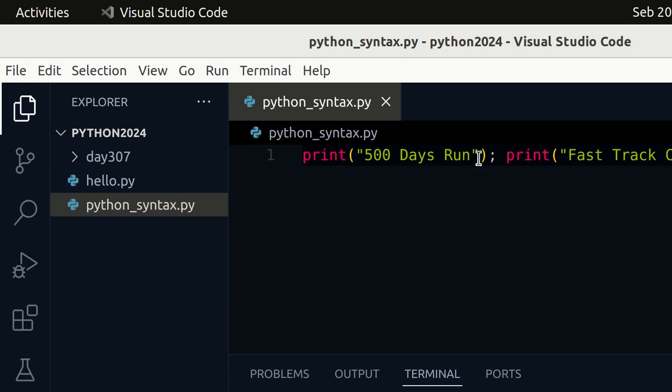Okay, so that is clear. So that is why you are able to see this line is separate for the first one, and in another line it has printed fast track challenge because of that reason.